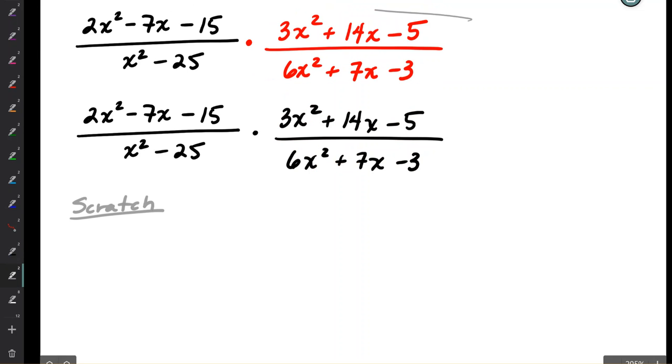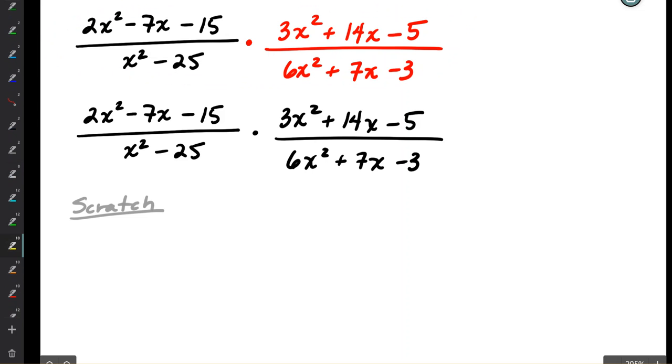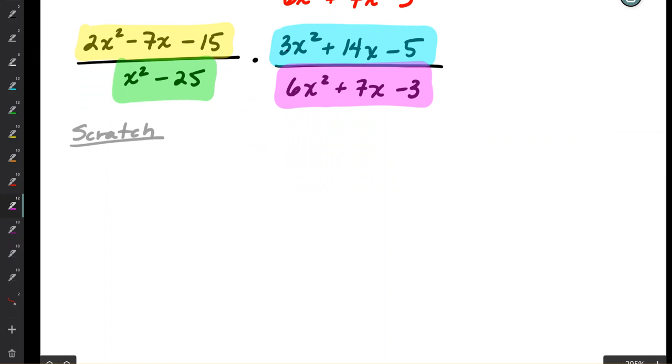Okay, so all I did is I recopied this line down without the red, and now I'm going to compartmentalize my thinking. I'm going to just factor yellow, then I'll just factor green, then how about blue? Then I'll factor blue, and I'll factor pink, and allow myself to think about those 4 problems separately. When you get really comfortable with factoring, feel free to do this all at once, but I'm just trying to model a strategy. So for yellow,